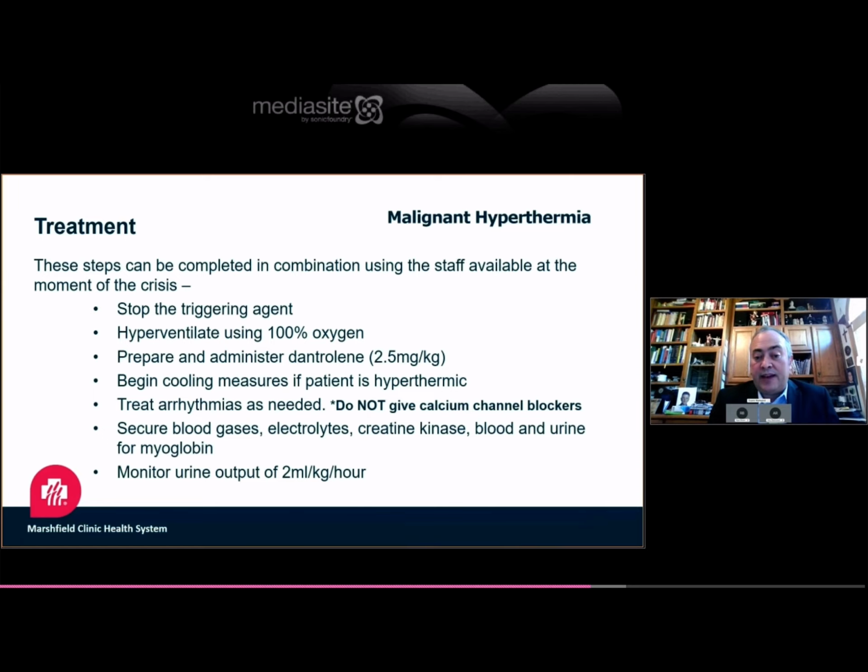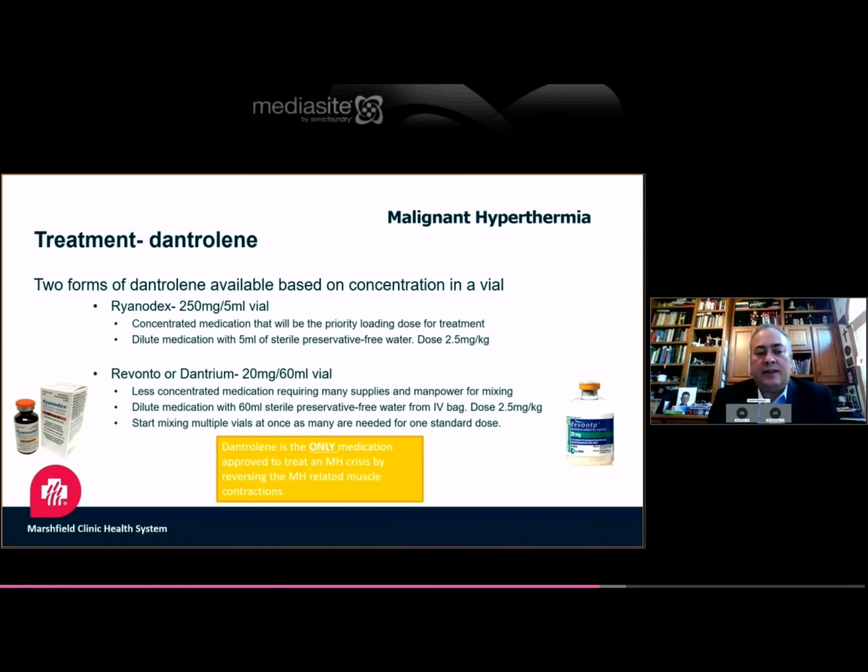We prepare the dantrolene. The initial dose is 2.5 milligrams per kilo. Begin the cooling measures, and then treat arrhythmia if needed. Avoid calcium channel blockers. We can use other antiarrhythmics such as procainamide. Secure the blood gases, electrolytes, and other testing. Look at the urine output to protect the kidneys, and then administer the dantrolene. So in our carts, we have one vial of